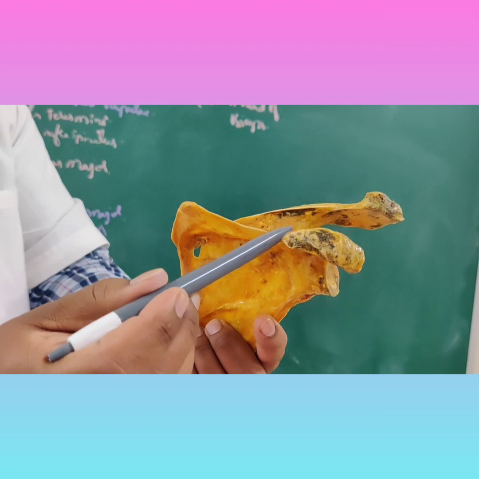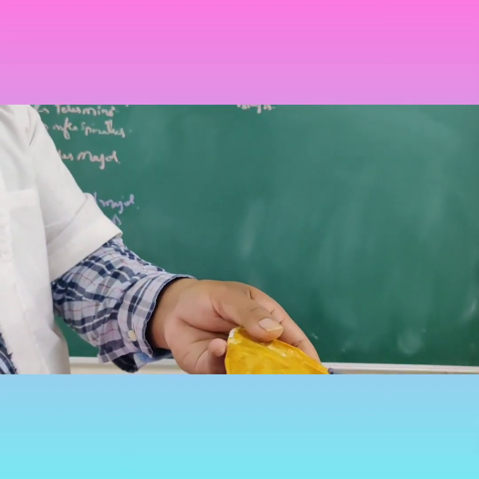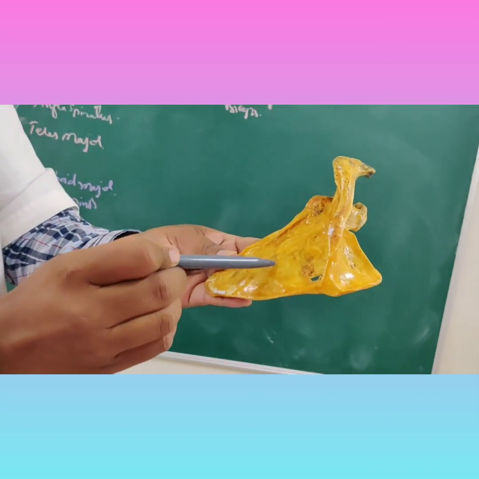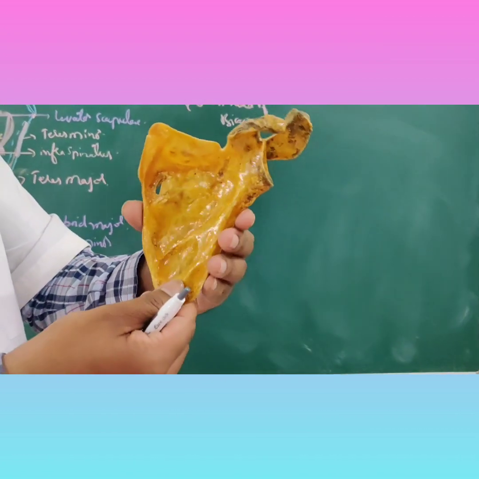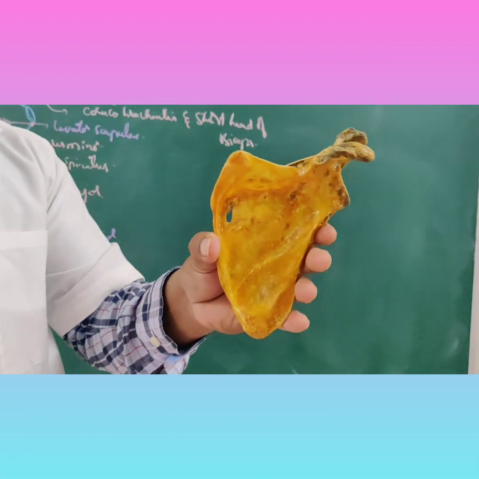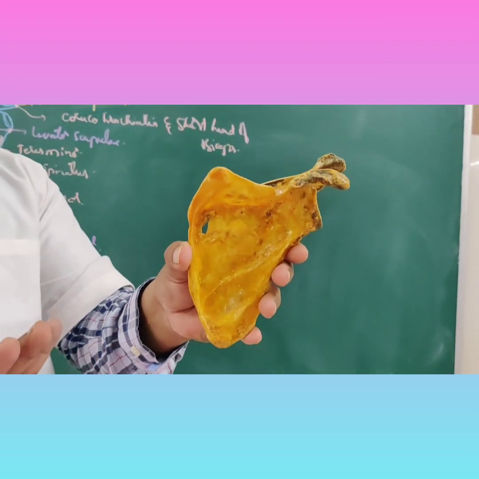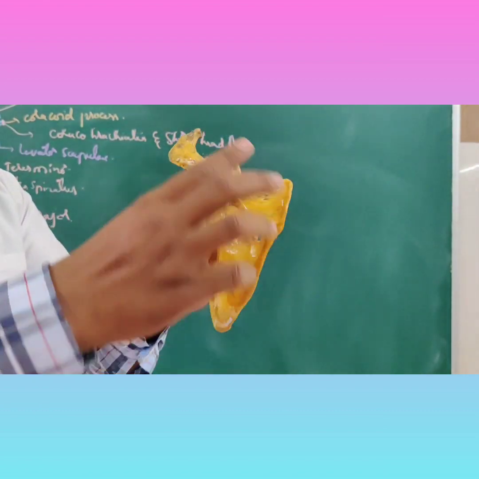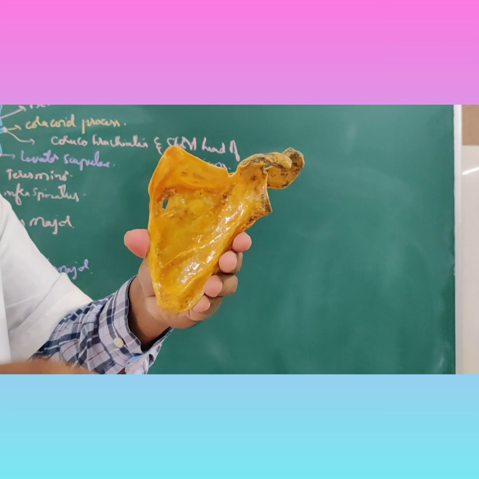So the suprascapular nerve passes through the foramen, and from the supraspinous fossa it enters the infraspinous fossa to supply the muscle present at this region. Okay, so these are the features of the scapula, the presenting parts of the scapula. The side determination of the scapula: always look for the glenoid cavity. It faces laterally.